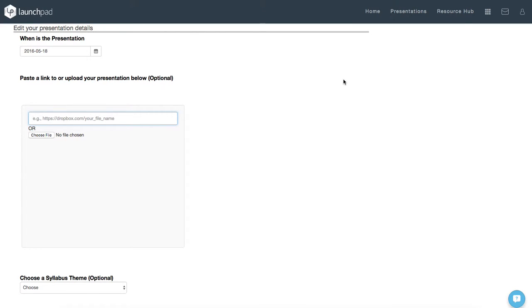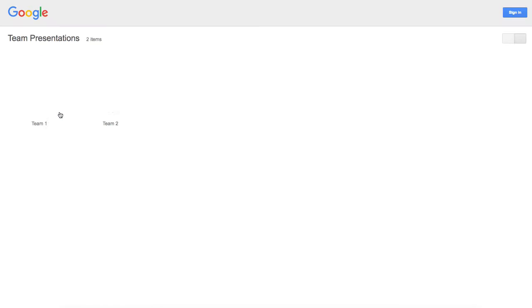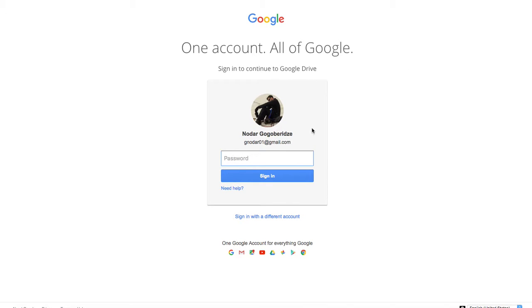So to access that Google Drive folder, go into the Resource Hub. And when you go into the Resource Hub, you'll see a Team Presentations folder link. So click on that and you'll see a list of team folders. And now to access that, you're going to want to sign into your Google account. If you don't have a Google account, they're free, so definitely make one, and it's a relatively quick process. So you'll want to sign in,